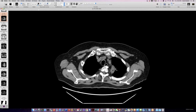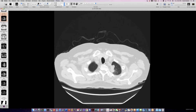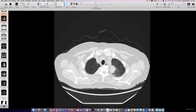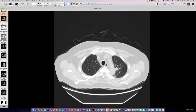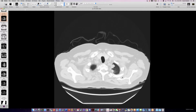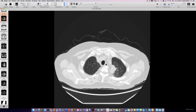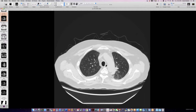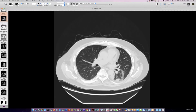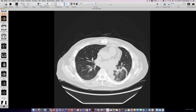So the infections we see are often aspergillus, and aspergillus in this setting is much less aggressive than it is in the stem cell transplant population. So it tends to be a more indolent nodule. So this would be just fine for aspergillus. We also see cryptococcus in this solid organ transplant population. So crypto would be on the list. Nocardia would be on the list, and PTLD, because sometimes these nodules are not really infections, but they're PTLD from